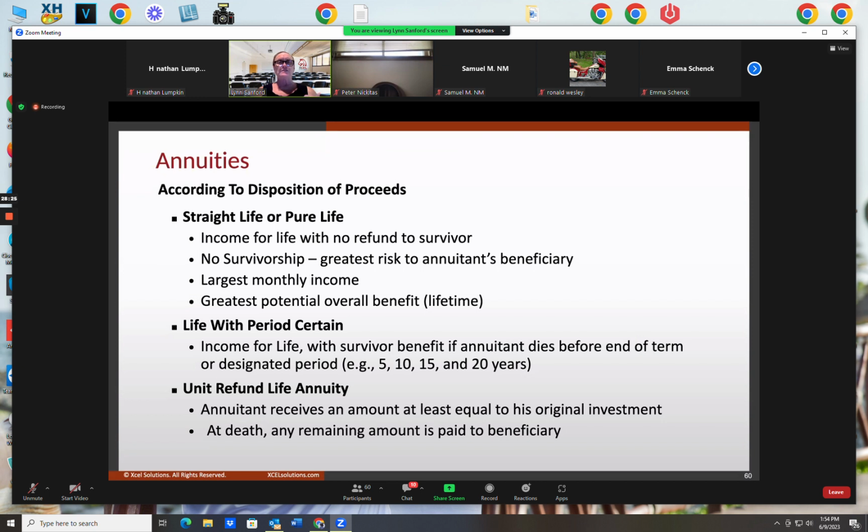That means the insurance company is going to guarantee me paying a check to me the rest of my life. If I live to be 115, that check is still going to be coming to me. The day I die, though, is the day all payout stops. And if I haven't lived long enough to have all the money paid out to me plus interest in the account, then the insurance company will keep the remaining balance.